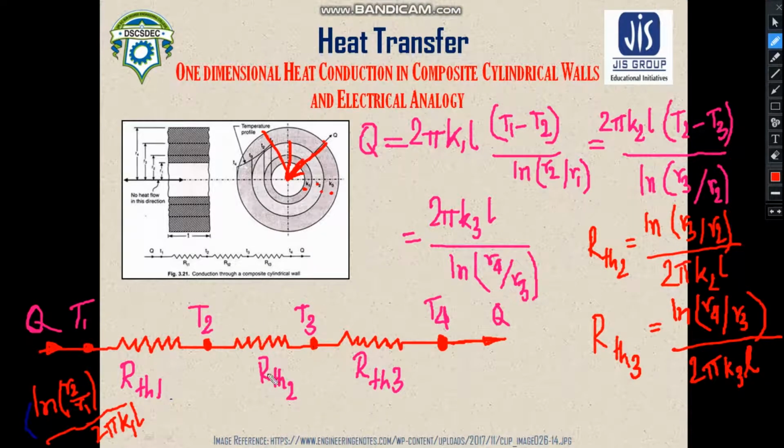So with the help of thermal resistances we can draw this circuit, and we have found a series circuit which represents the case of these composite cylinders. Now, if we are interested to find the heat transfer rate in terms of the boundary temperatures, that is T1 and T4, then we have to represent this T1 minus T2 in terms of Q. Similarly, T2 minus T3 in terms of this one, and